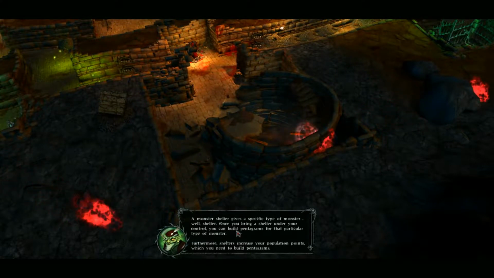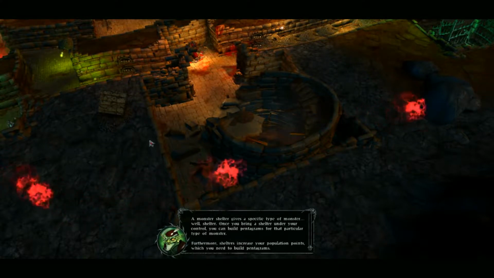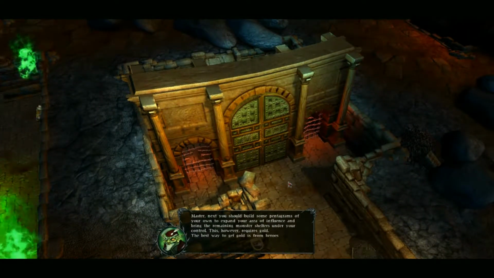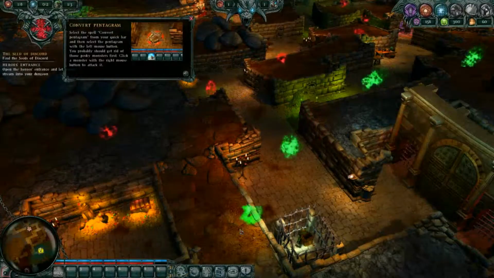Increase your population points, which you need to build pentagrams. Master, next you should build some pentagrams of your own to...